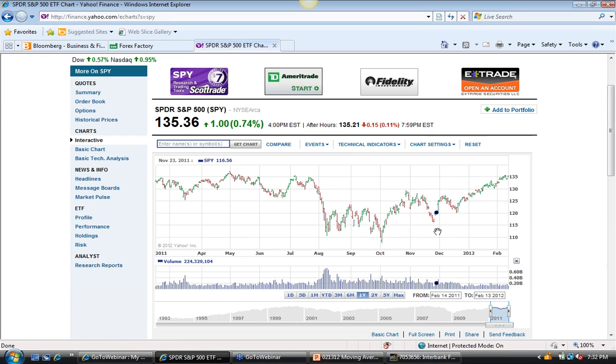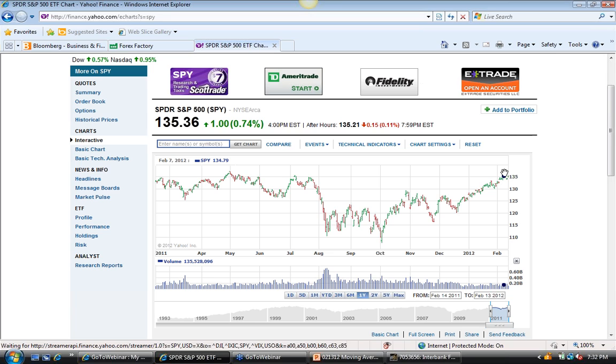Look at this move from let's just say December, January, and half of February, we've gone from 120 to 135. That's $15, okay, of a $120 stock. That is 12%. 12% in 2 months. Good return or bad return?